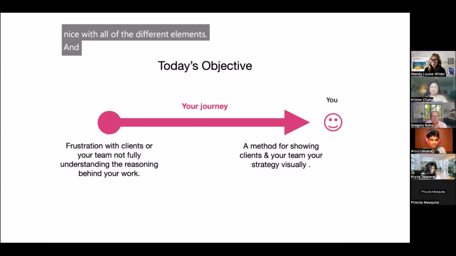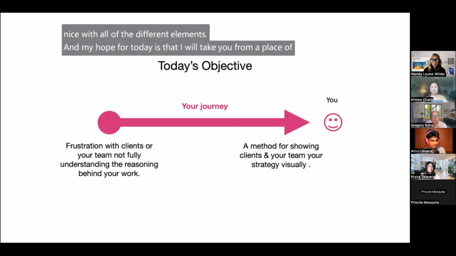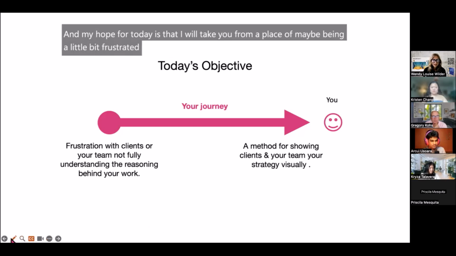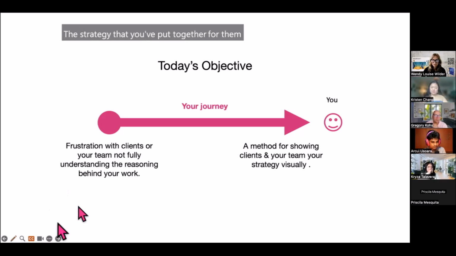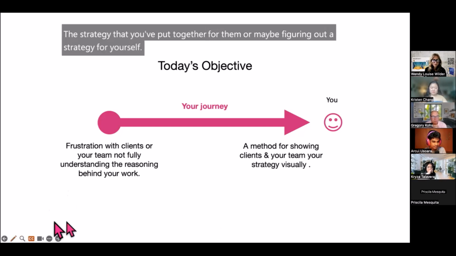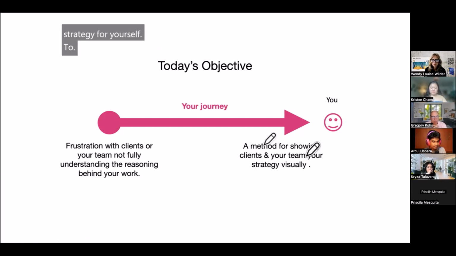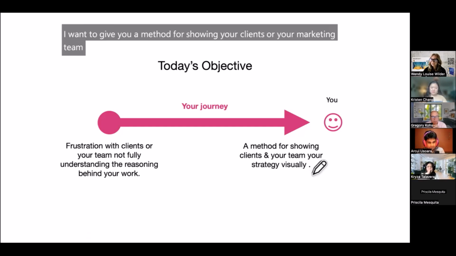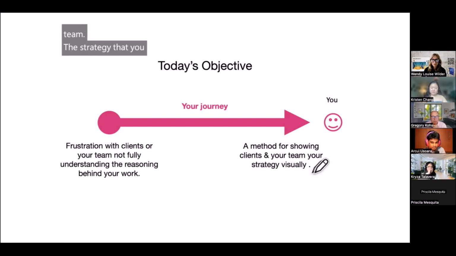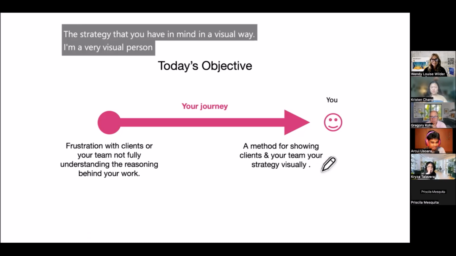And my hope for today is that I will take you from a place of maybe being a little bit frustrated with not being able to explain to your clients the strategy that you've put together for them, or maybe figuring out a strategy for yourself, to a method for showing your clients or your marketing team the strategy that you have in mind in a visual way. I'm a very visual person, and I made this so that I can have something visual to use with my